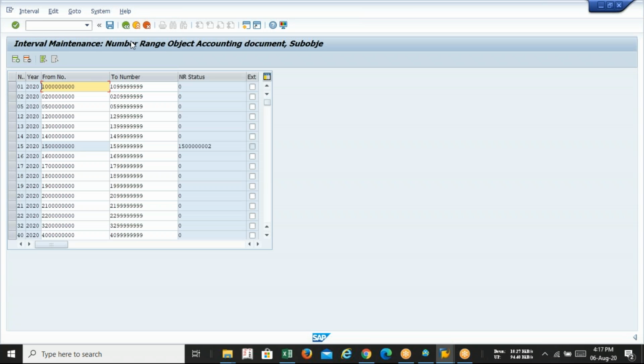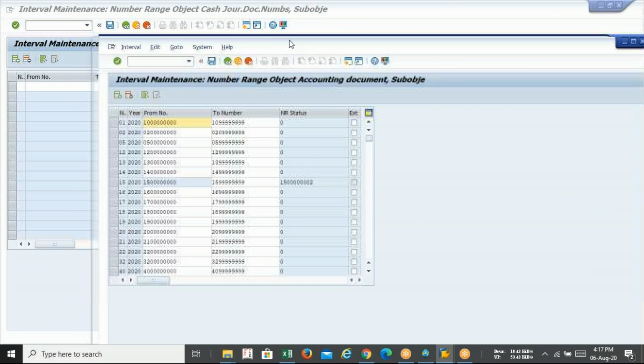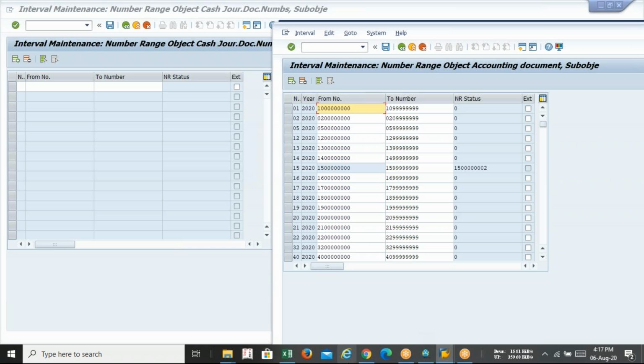You can see that the same screen is coming, but they are a little bit different, this screen and the cash journal screen. Can you identify the difference between FBN1 and the menu path? Which column is missing? The year column. The year column is missing.